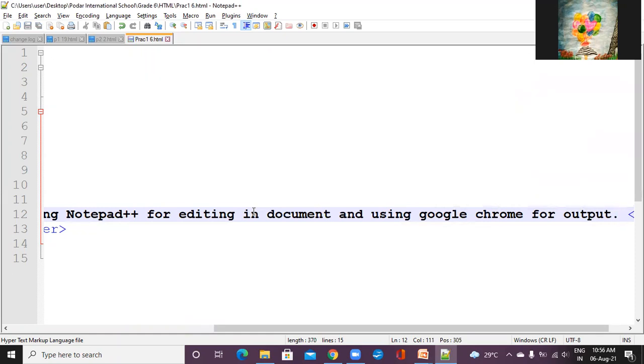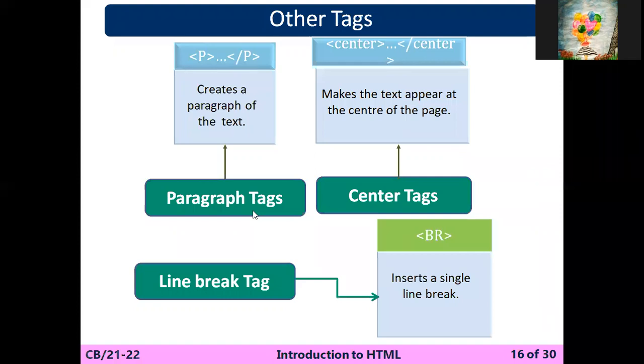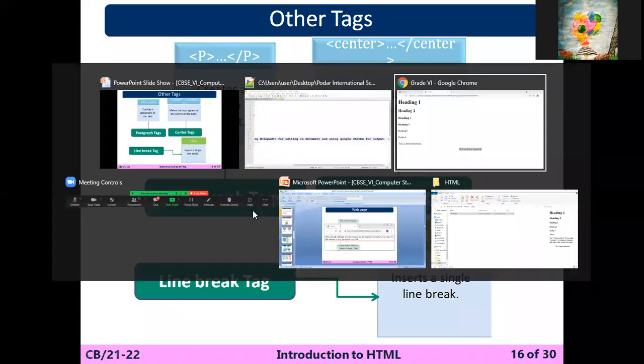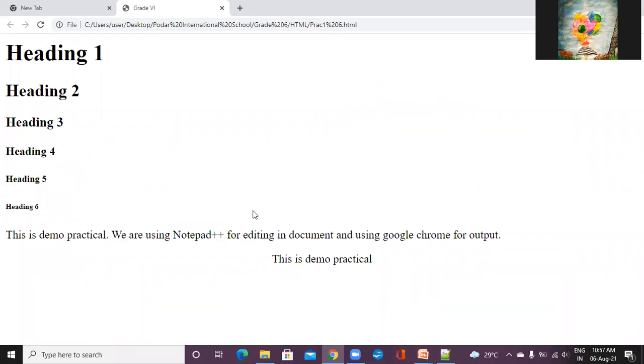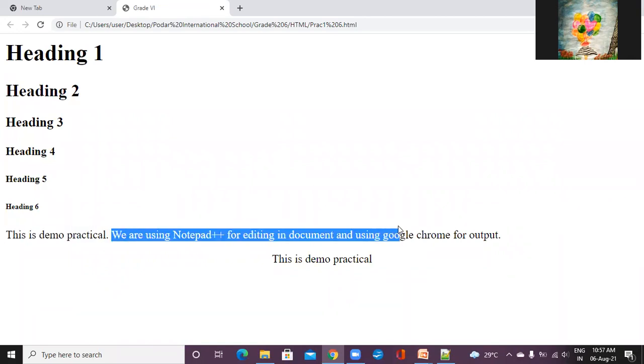You can see I wrote the 3 lines. Pressing F5, you can see it comes on one single line. Now what I want from this line, we are using Notepad++ to edit the output. I want this line to go down below this line.